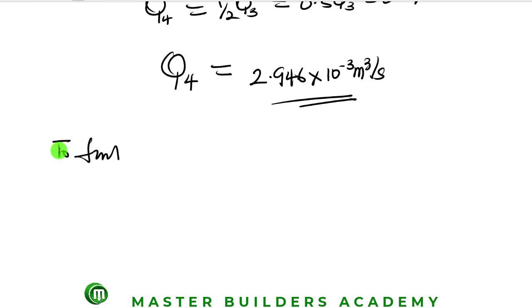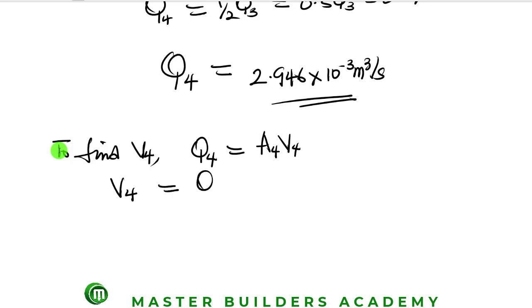So now, let's do this. To find V4, recall that Q4 will be equal to A4 V4. So let's quickly make V4 the subject of the formula so that we can divide Q4 by A4. And then all we need to do is, what is Q4? As calculated, we have Q4 as 2.946 times 10 raised to the power of negative 3 all over area 4